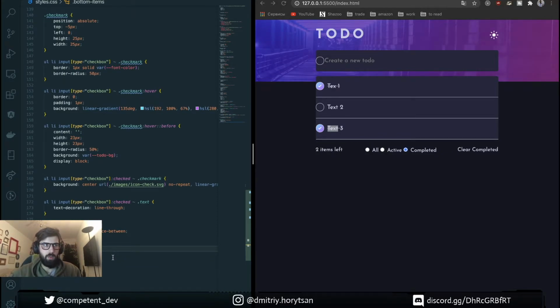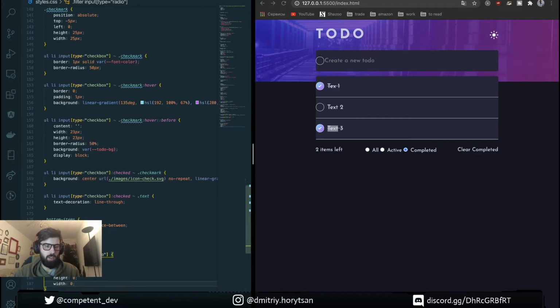So right now let's style filters, icons, input type radio, the same as for checkboxes to hide them, but we can't use display none because they wouldn't be clickable then. Filter label.